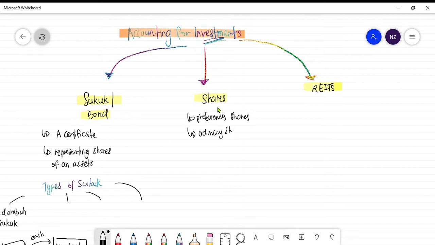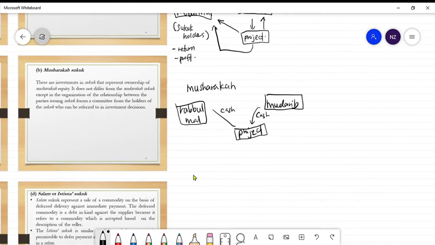Ordinary shares. So it is when an investor, or the investors can be any company, dia beli probably any of these two shares in the company. When dia invest, when dia buy these shares, kiranya dia invest like certain amount of money to the company. And bila dia ada shares in that company, meaning the company punya profit probably akan di-generate and distribute to the investors tadi tu. So, untuk shares, kita tengok kat slide.